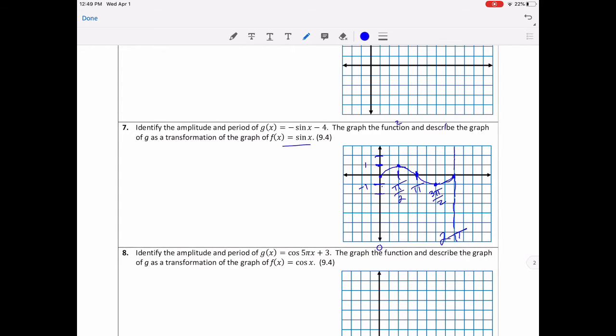Well, what are the transformations? Well, what's that negative out front? Well, that's an x-axis reflection. And then the minus 4 is not in with x, so it's vertical. It's a vertical shift down 4. And we want to account for that first, the vertical shift down 4. Okay, and remember, if we're going to do that,